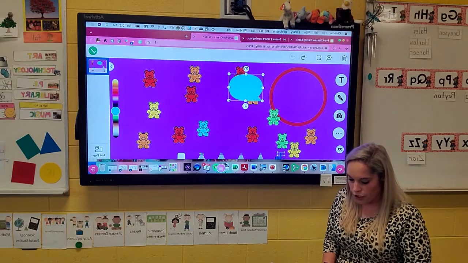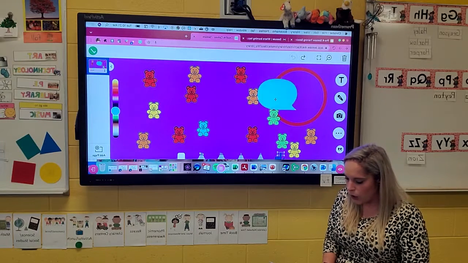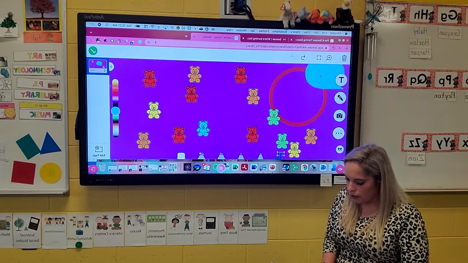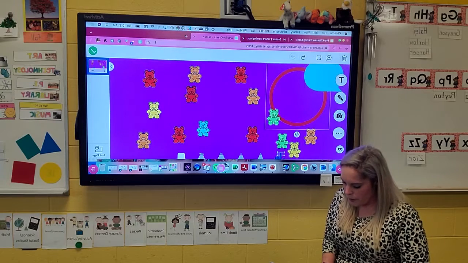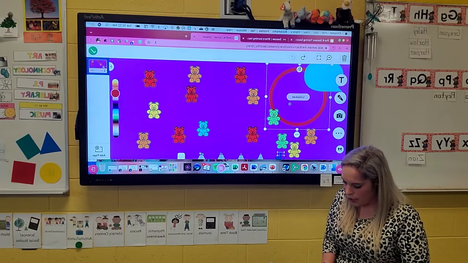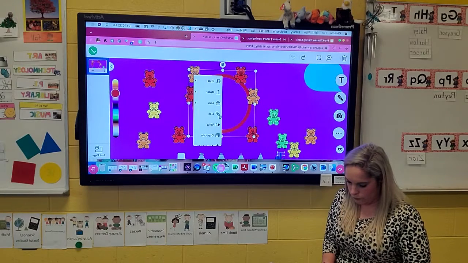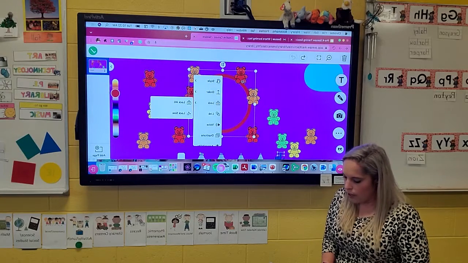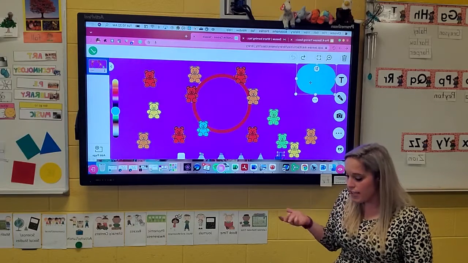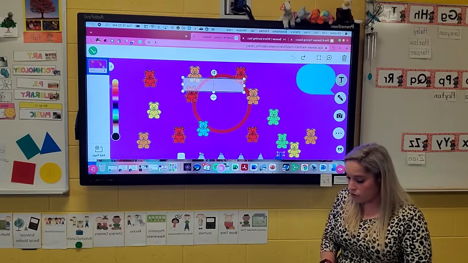And you can, again, change the color. You can make it bigger or smaller. And actually, I'm going to unlock my shape because I don't want it over that. I'm going to move that out of the way. And then lock. You can add text even though they can't read it by hitting the text tool, the typing tool